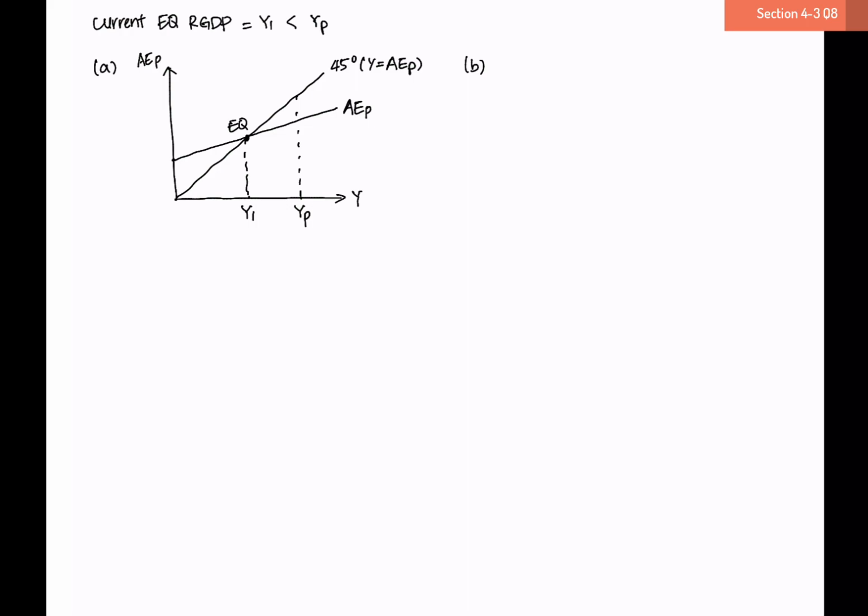Now we'll also use the AD-AS model to depict the current equilibrium. Again, we'll start with the axes with aggregate price on the y-axis, aggregate output on the x-axis. That's your output, or Y. We know that our long-run aggregate supply curve will be vertical at the potential output YP, which means if our current equilibrium output is at a lower level than the potential output, then we're probably at a short-run equilibrium,